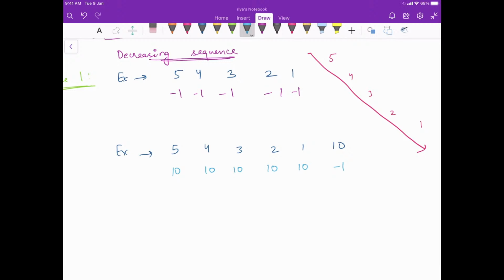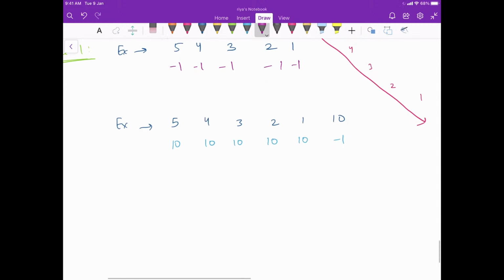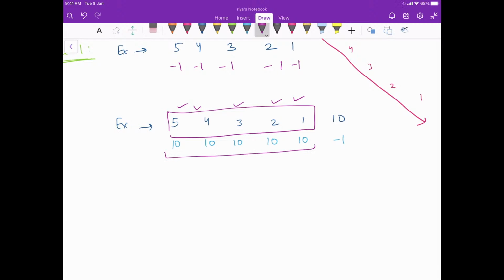So I hope everyone is trying to see what point I am trying to come to. So the idea is, for all the elements less than 10 in a decreasing sequence, the answer is going to be 10 for all of them. This is the answer that I am going to have.